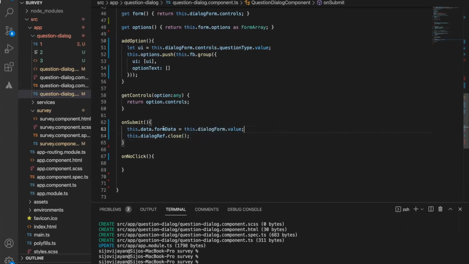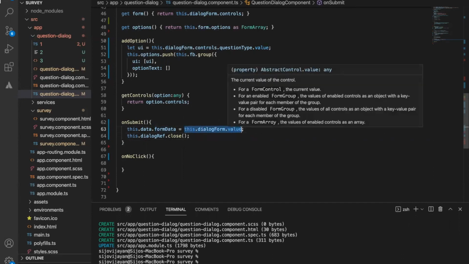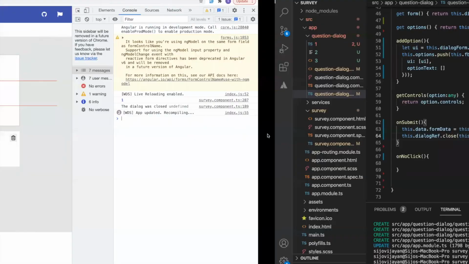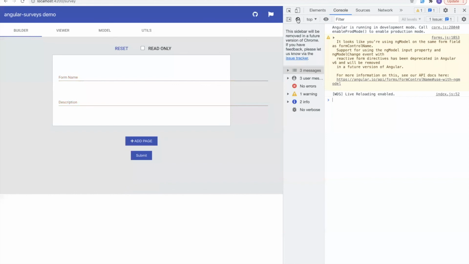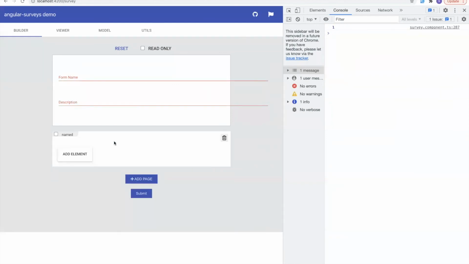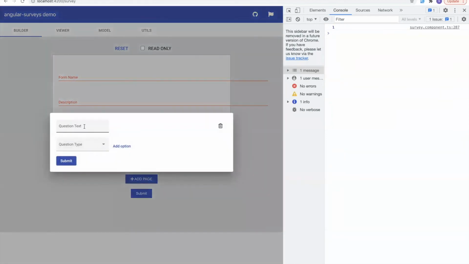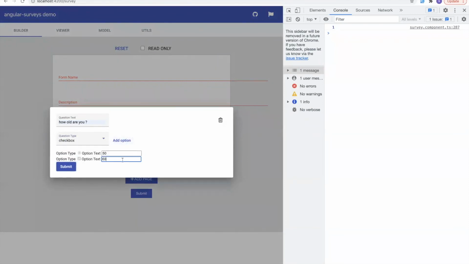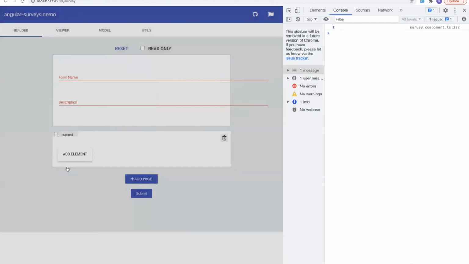So I will do that. Let me copy this and paste it here. Let's see how it is working. So here I will put the submit.